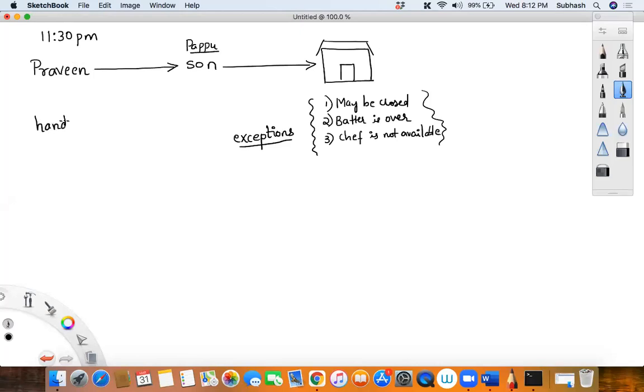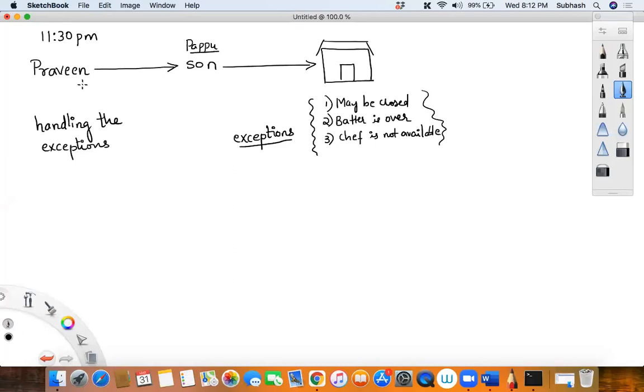So Praveen is trying to handle the exceptions. That is called as handling the exceptions. So what do you mean by handling exceptions? When the son comes with a reason saying that the hotel may be closed, what will Praveen do? Praveen will say, go to the next hotel. Yes or no? He is ready with one task. When an exception is happening, he must do something else, isn't it? That is called as handling the exception, right?